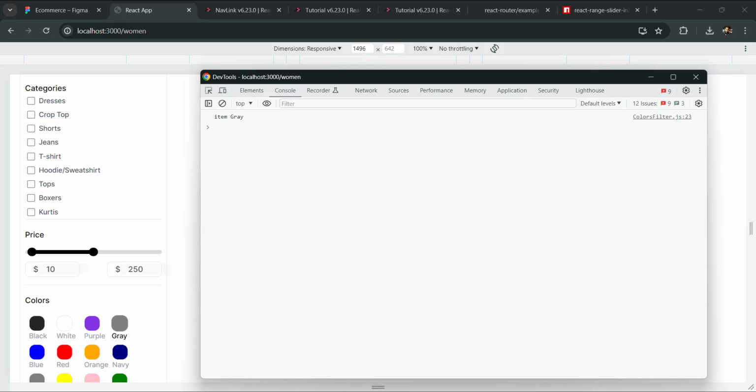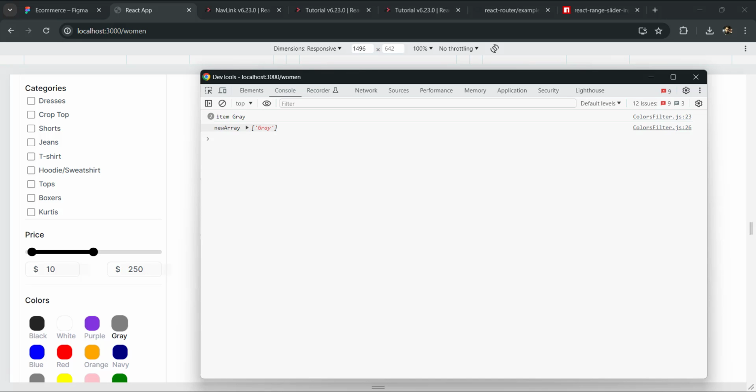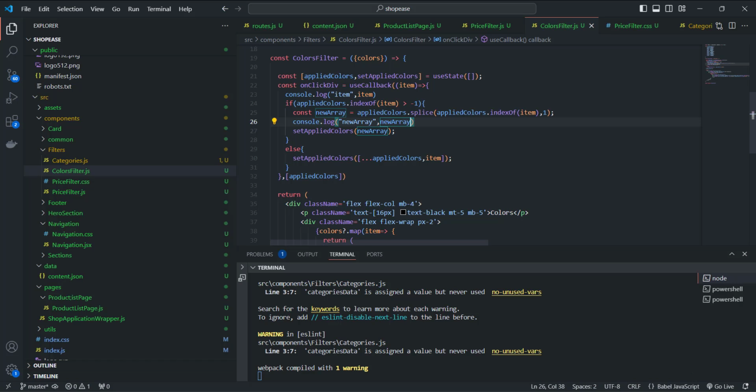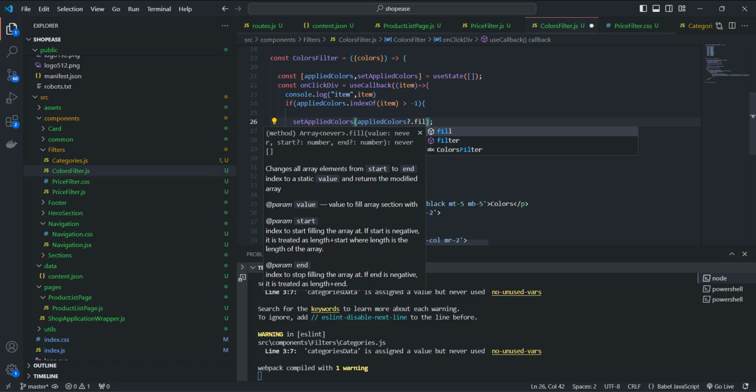Apply the color gray and trying to remove it. So the new array still contains that gray element. Let's try one more thing. If applied color dot index of item is greater than -1, what we'll do here, we'll apply the color dot filter